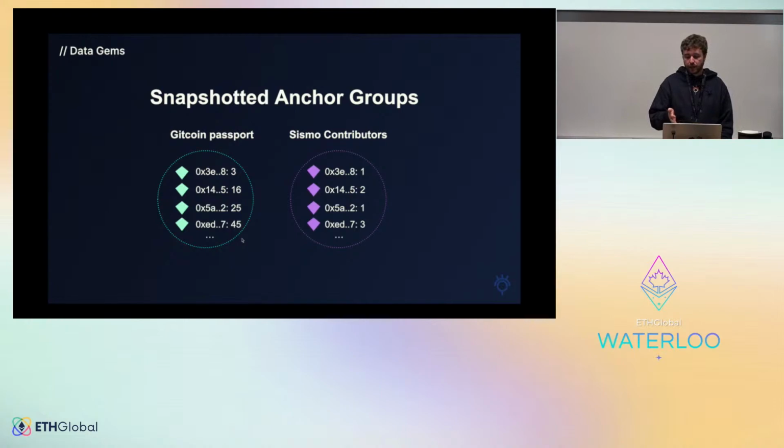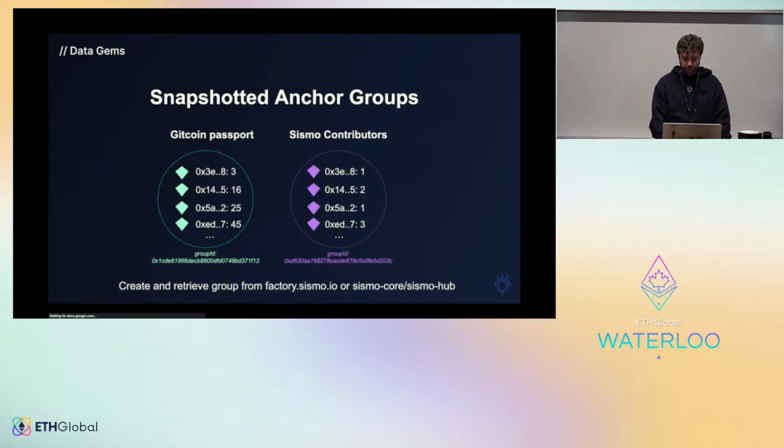In the same way, in the Sysmo contributor, you have different levels to have different amounts of tokens in the safe drops I showed you before, and you can disclose which value you have. All these groups have a group ID. I will show you later when we code how to retrieve a group ID and how to create these groups